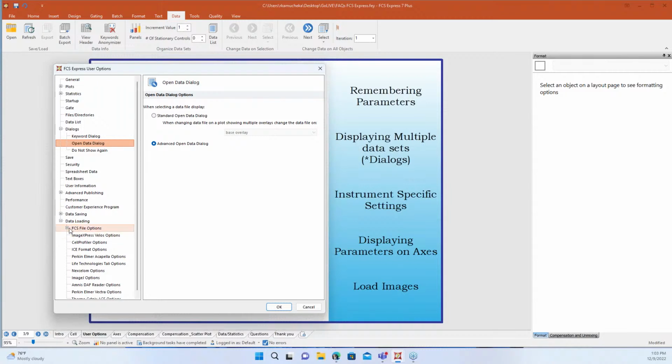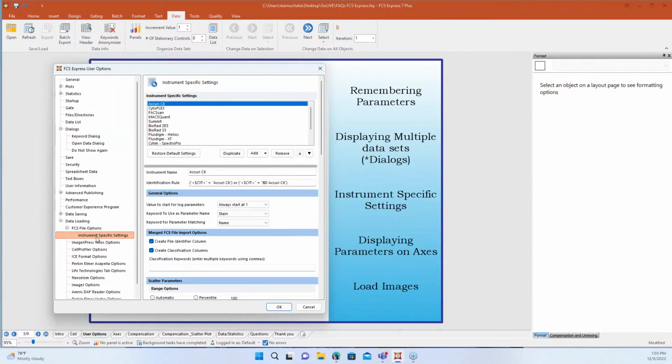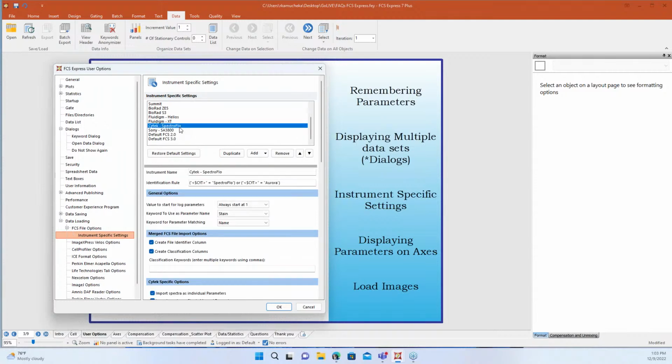All right, now moving on to instrument specific settings. This is kind of a big deal. There's a lot of things here. One that comes up a lot for me is my SciTech users. With SpectraFlow, when you bring in that spectral data, if you're bringing in raw data, sometimes you'll say, oh my gosh, I can only see my forward and side scatter parameters. There are no other channels. What happened to my data? And this one comes up super often.